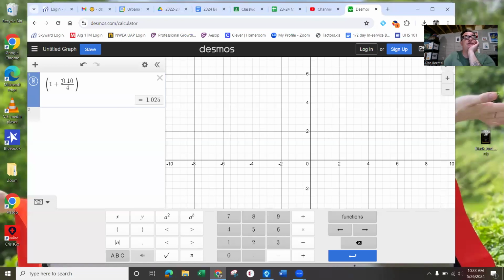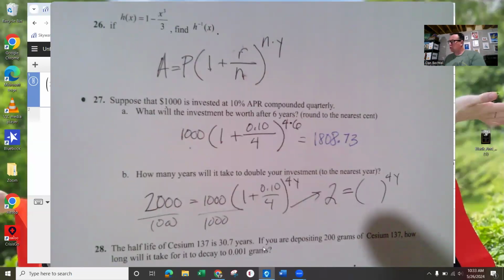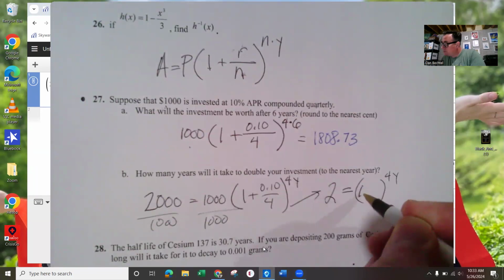So that basically means that the 0.10 divided by 4 is 0.025. Not hard to think about. If you take 10 cents and divide it in 4, you're going to get 2.5 parts. So that is helpful for this. So that means that if I go back to the problem that I had here, what I'm going to have inside of this is